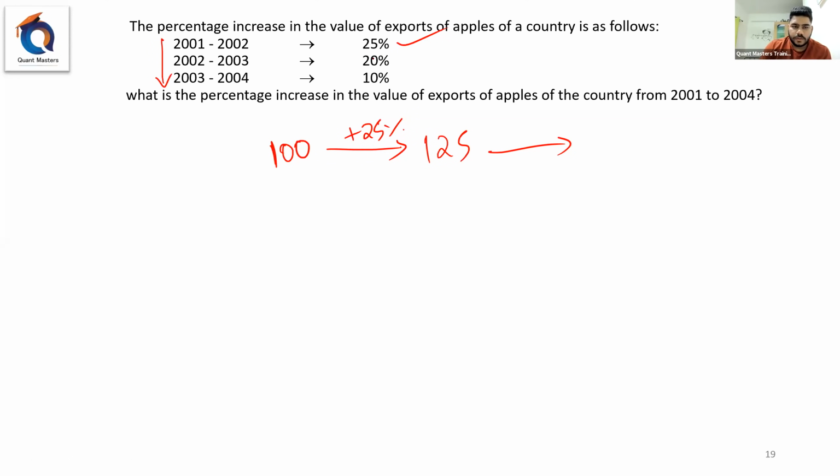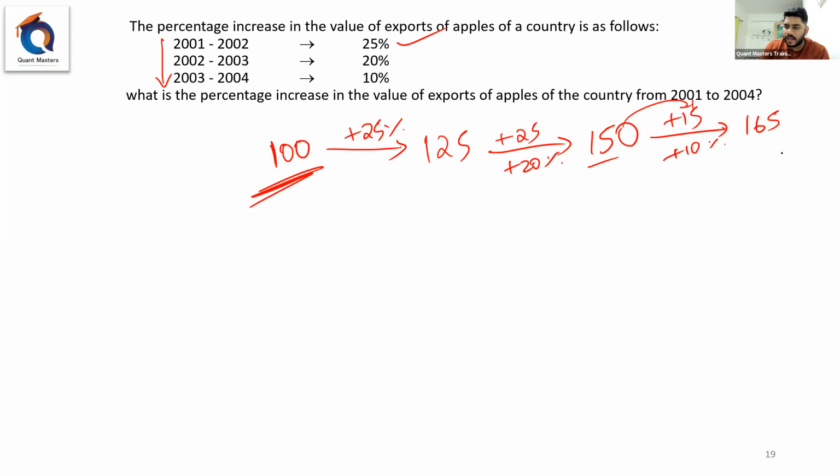Yeah. So now it is increasing by 20%. Sir, 10% of 125 is nothing but 12.5. Yes or no? So 20% will be a 25 increase. 125 plus 25 is nothing but 150. So this is nothing but 20%. Then again increase by 10%. Sir, 10% of 150 is nothing but 15. So increase by 15 becomes 165. So initially it was 100. Finally it has become 165. So overall there is a 65% increase. Next one.